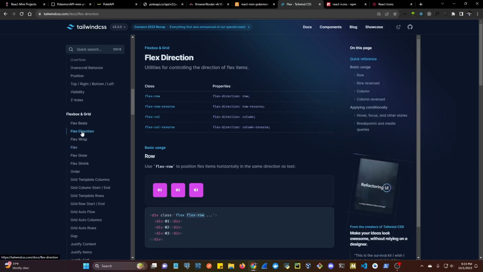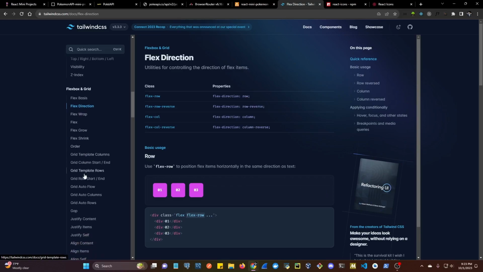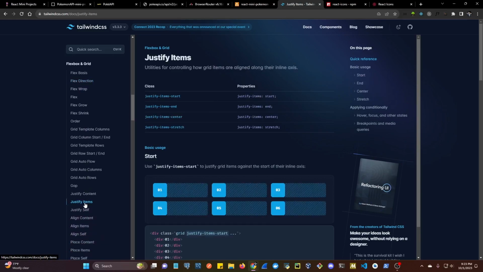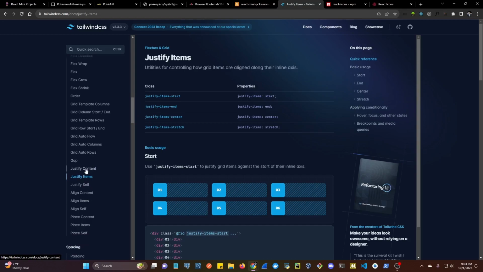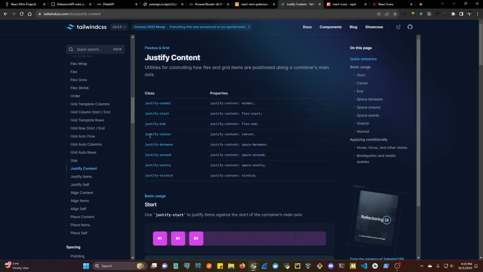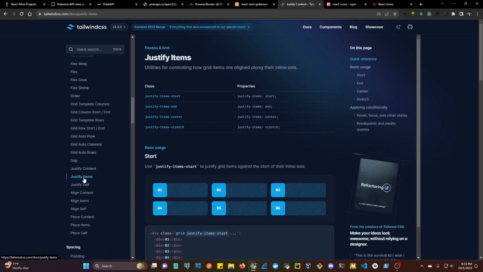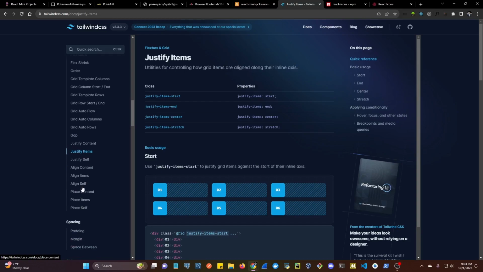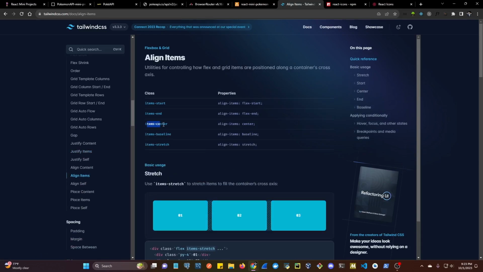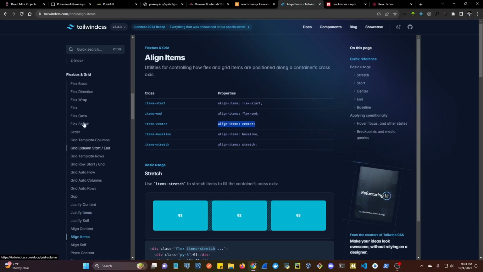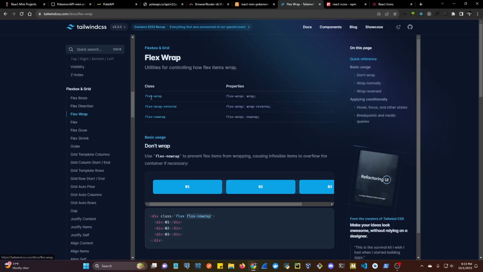So you can have the flex direction. Right now we're doing the items, justify content. We set it to center, which is going to set the justify content to center. We also set the items. Where's my items? Justify items, no. Align items, center. This is the one we use. So it just aligns everything to the center. So here you can look at the different classes depending on what you want to do. Here we see the flex wrap that we added to the